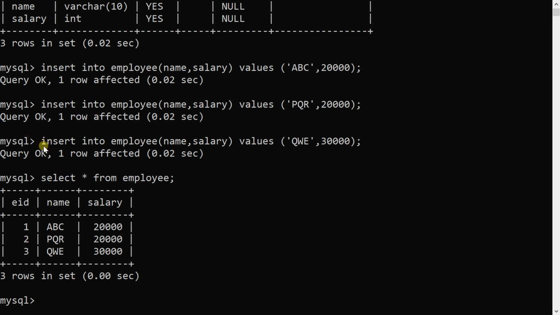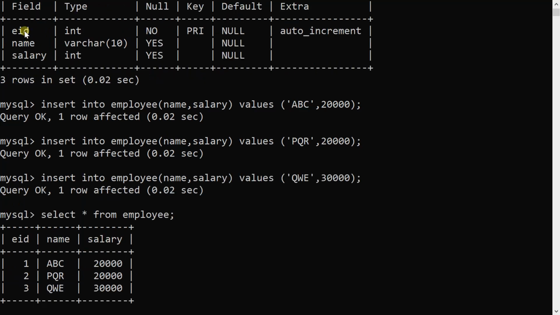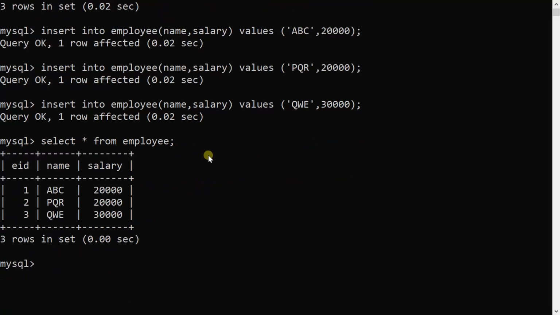In the insert statement we have not specified the EID attribute. There is no need to specify it because we have declared it as auto increment. So when we execute select star from employee, EID is incremented by 1. So this is my auto increment feature, and it is always applied with a primary key.